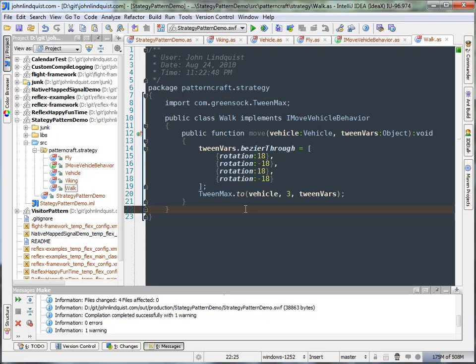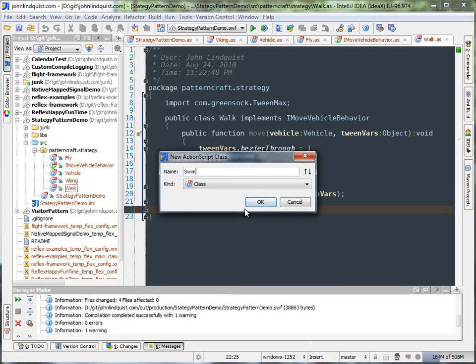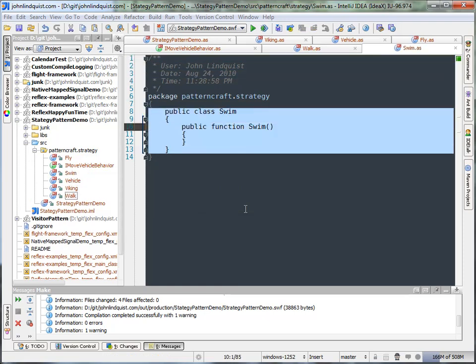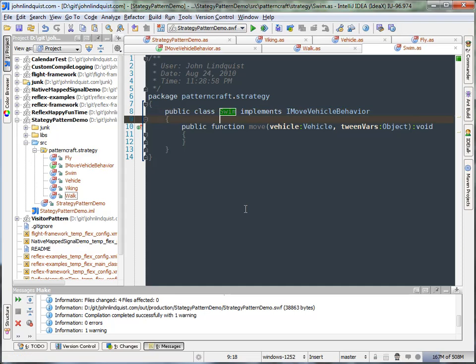If I create another one of these behaviors, let's just go new ActionScript class, and we create our new swim. Make sure that swim implements the iMoveVehicle behavior, and say implement its methods. We can come in here and write whatever we want within this move behavior. And whenever you tell the vehicle to move, if the move behavior is set to swim, it'll do this type